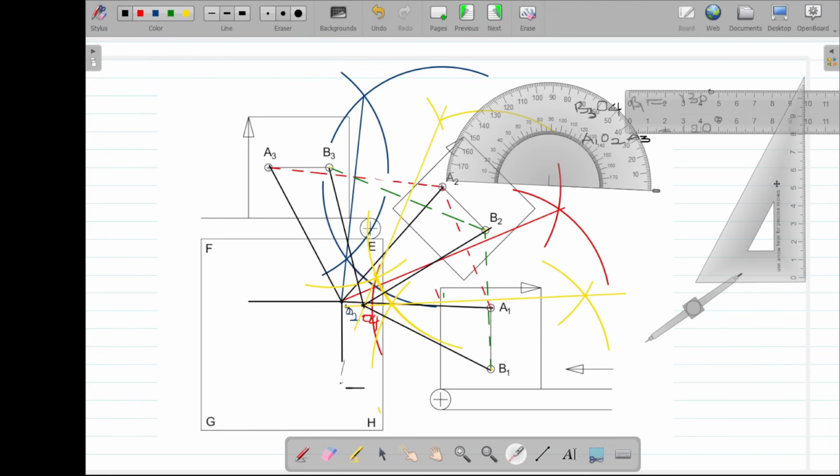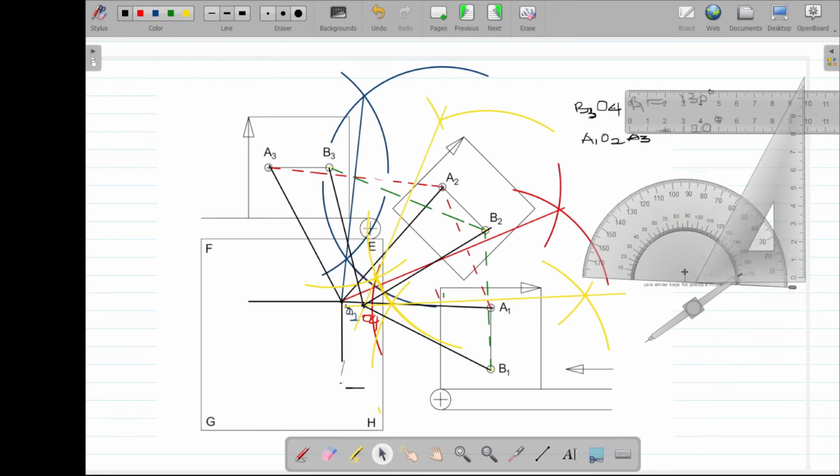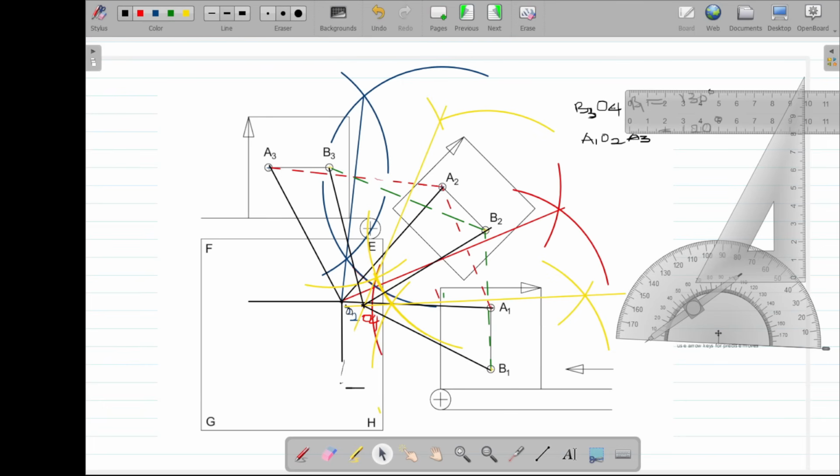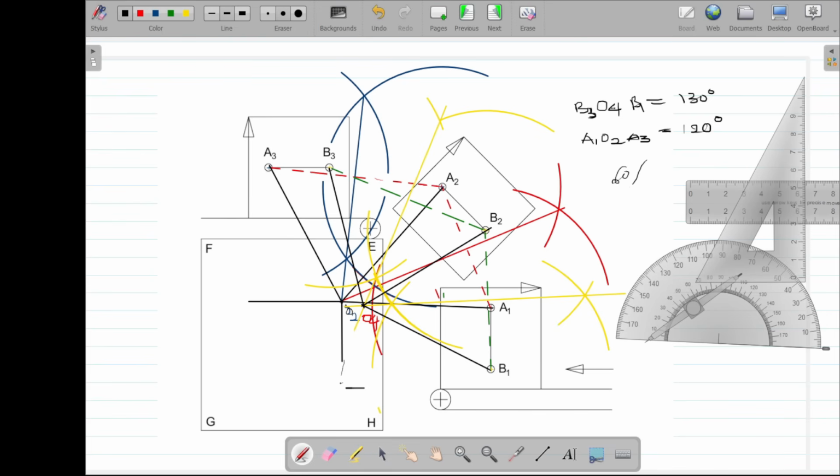So we are supposed to measure the angle made by O2A1 and O2A3, and that angle has been measured already as 120. So you will divide the angle into 2. You need to pay attention. You divide the angle into 2, which will be 60-60. So you come to the vertical line and then measure 60 degrees to your left, 60 degrees